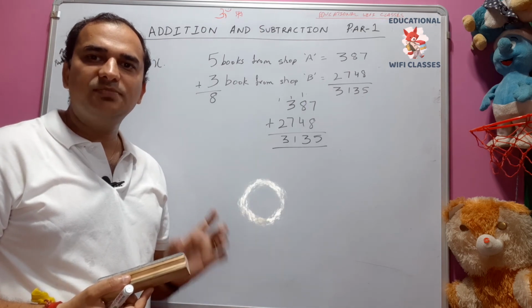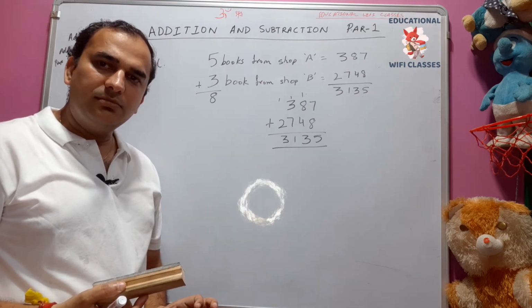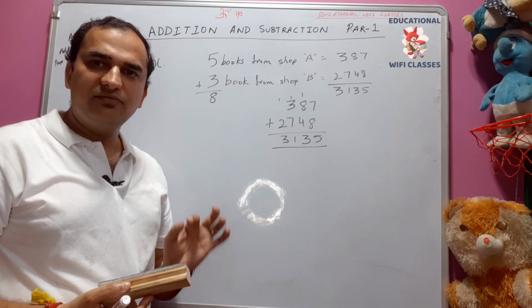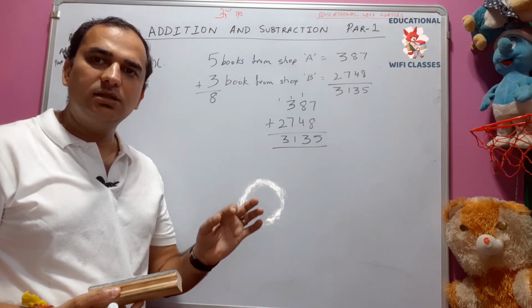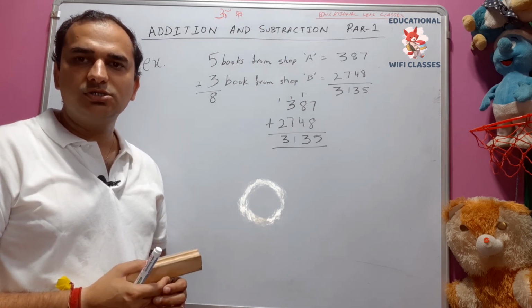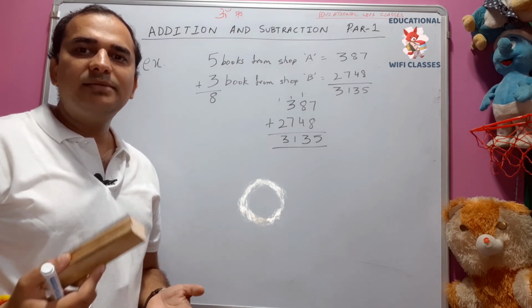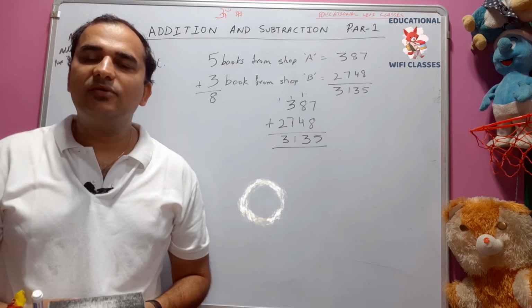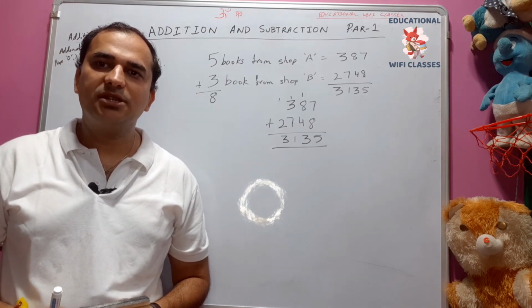This is the basic concept of adding up numbers. We just need to follow the place value chart. The numbers under ones will add up under ones only. The numbers in the tens will add up in tens only, and it goes on like that. So by the time you practice, we will meet in our next class, where we will study some more about subtraction. Thank you.